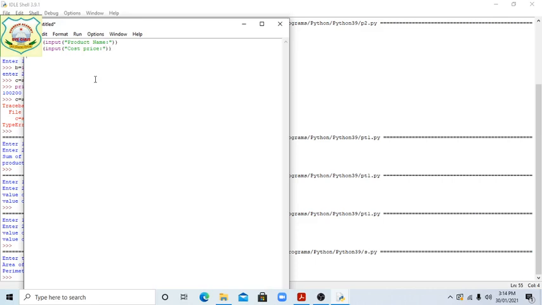Then now we want to give the discount. Discount is 10%, students, no, sorry, 5%. So how will we give the discount, students? Percentage, we want to give the percentage.